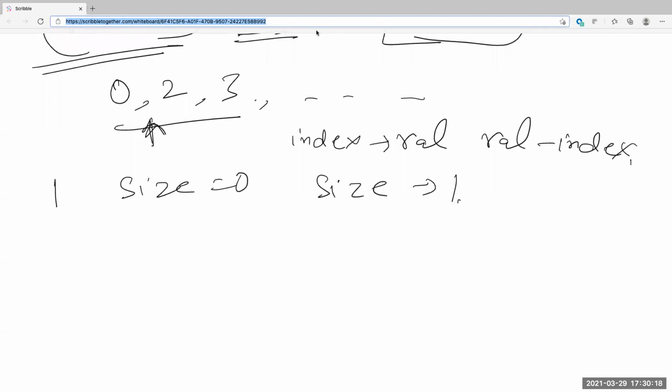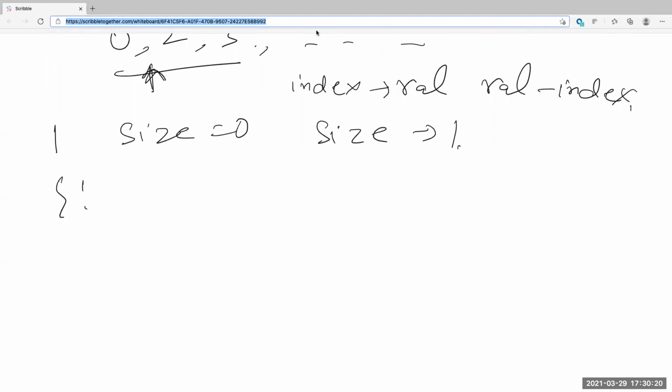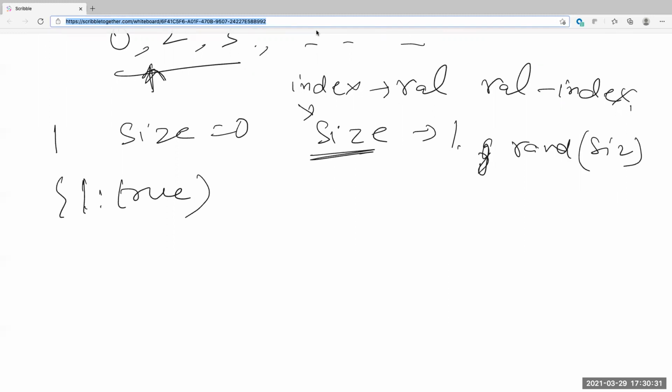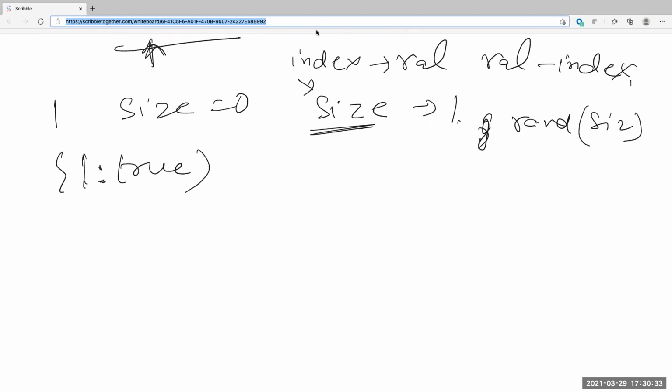Yeah. That gives us the size, but then how do we randomly get something given the size? Yeah, so if you have the size, I told you, you have that rand. If you give it the size, it'll give you a random element. Right. It'll give us a random element, but how do we pick that random element from the dictionary? Yeah, so for that we need the second hash map, as Sue mentioned, which is the reverse of the first one.